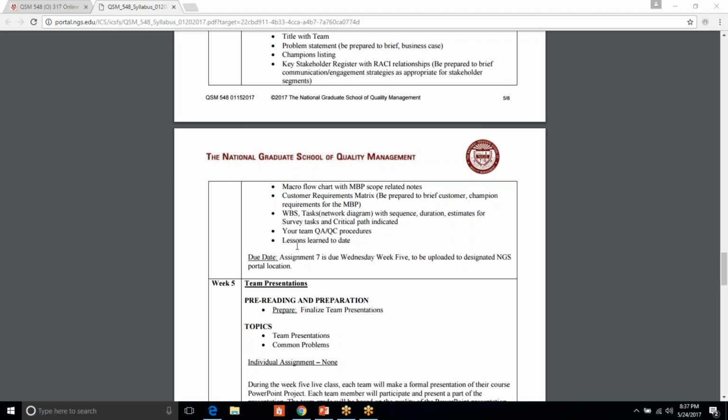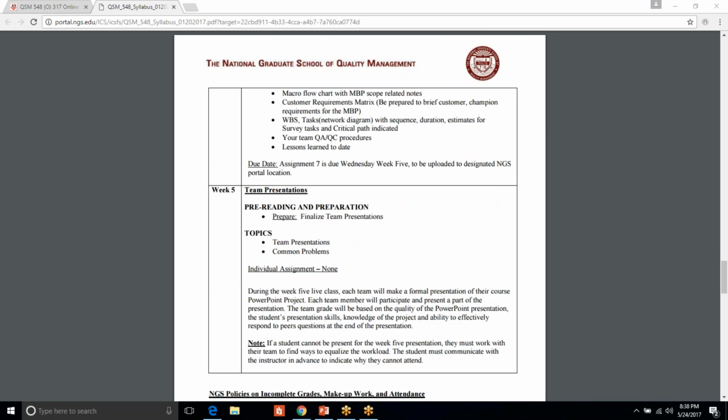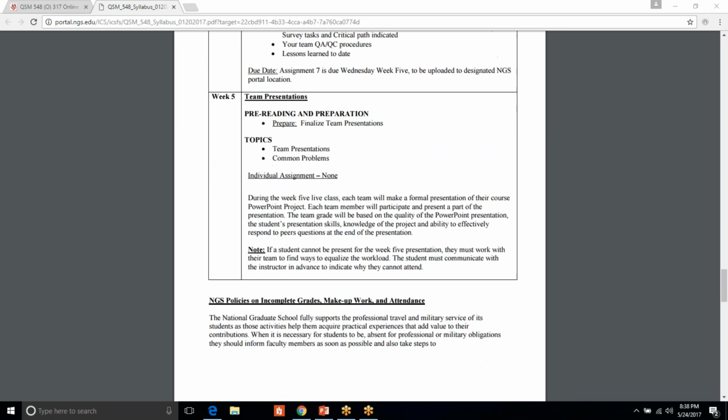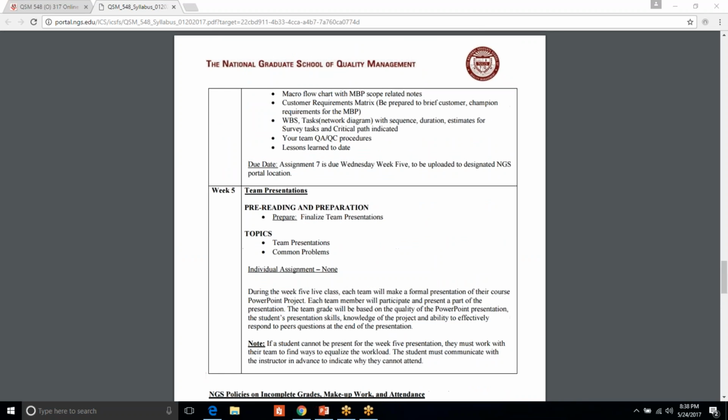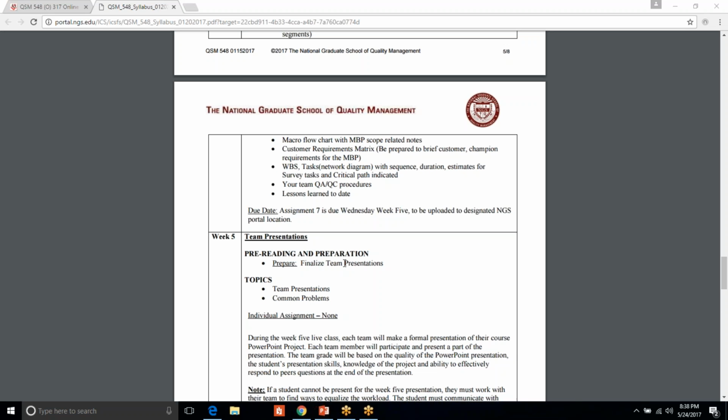What I'm envisioning is each team will have 15, probably closer to 20 minutes to navigate through there, to take any questions, receive feedback, and we'll go through that. And then the final week is the presentations. Any questions? And of course, there will be discussion questions weeks 1, 2, 3, and 4, most likely.